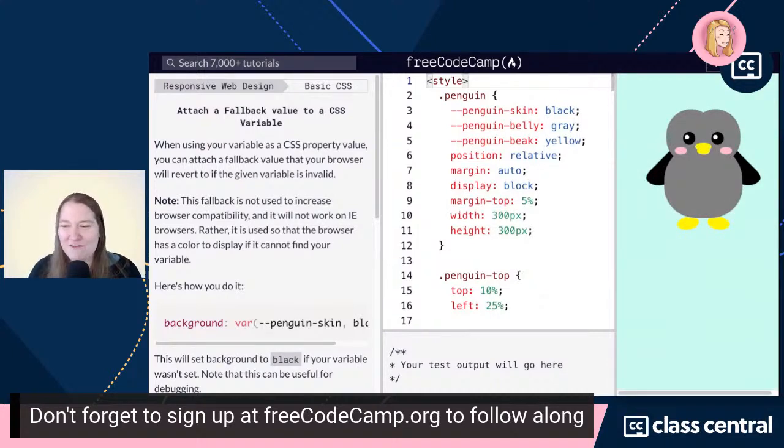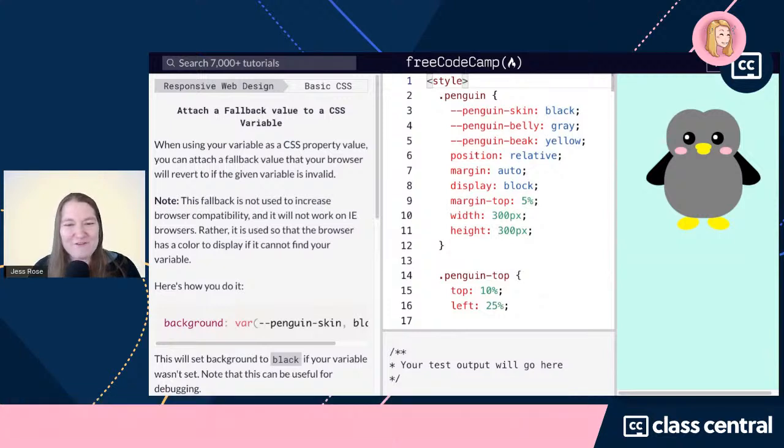What about attaching a fallback value to our CSS variable? We've learned about fallback values before. We learned about them when we talked about importing a font and we said, hey, I want my font to be lobster. In case something goes wrong, just do monospace instead. If you don't have lobster, here's what I want. And here it says,